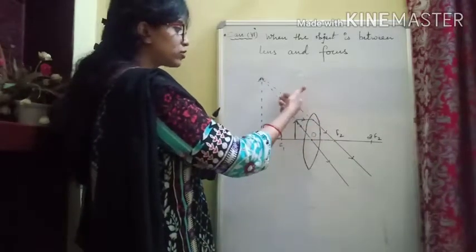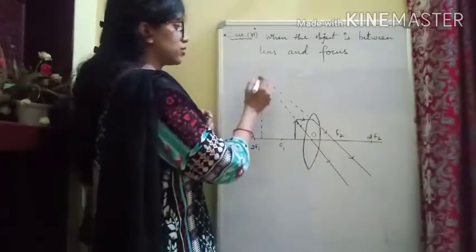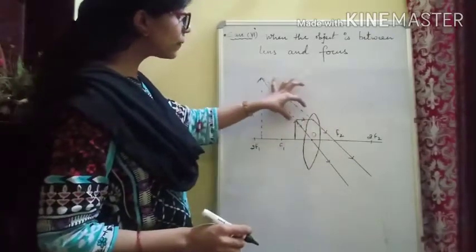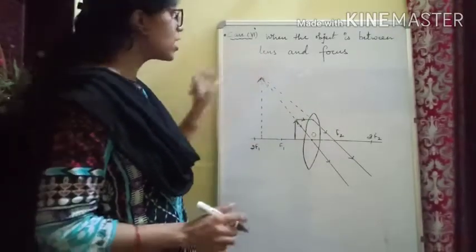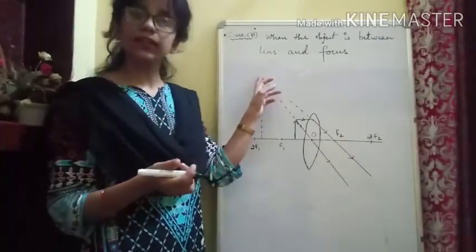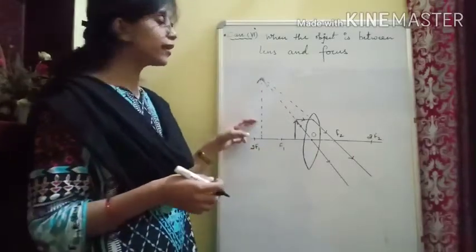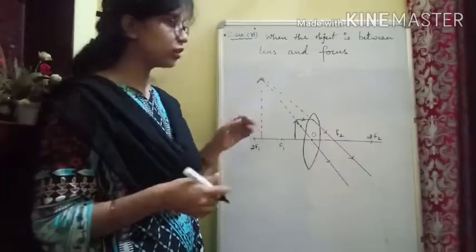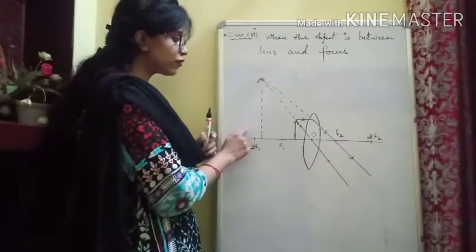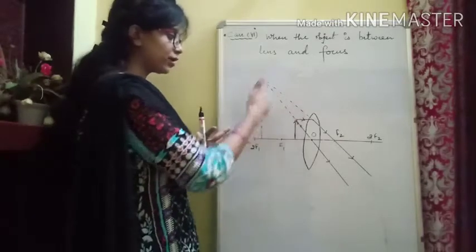Now if we produce them at the back, you see these two rays are intersecting each other, not actually, but they appear to intersect each other. Where they appear to intersect each other, there we will get the image. And since they are not actually intersecting each other, but they appear to intersect, that means the image formed will be virtual. So if we try to characterize the image formation, the image formed will be on the same side where we have placed the object and behind the object.